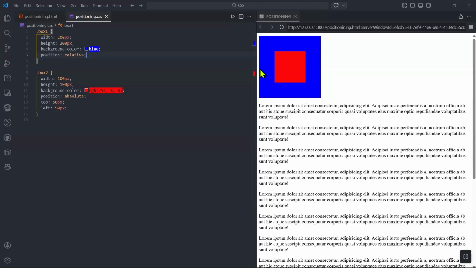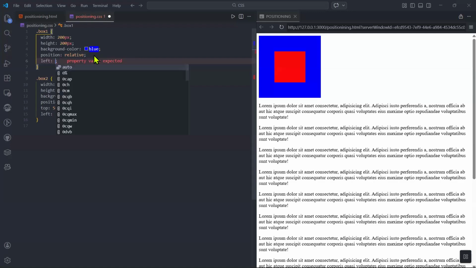now if I want to move this box, the blue box, it will move with the same thing as it is without shifting this red anywhere. It will be like the static one. So it will be here, the same position, but it can move this blue box anywhere. So now, since we are in this blue box, which is box one, if I come here and say I want you to move left, maybe I say 100 pixels,